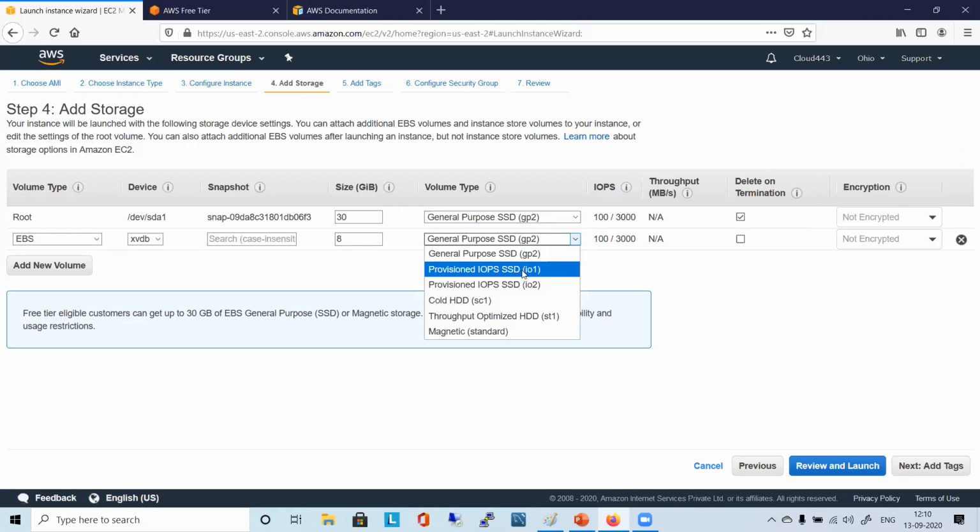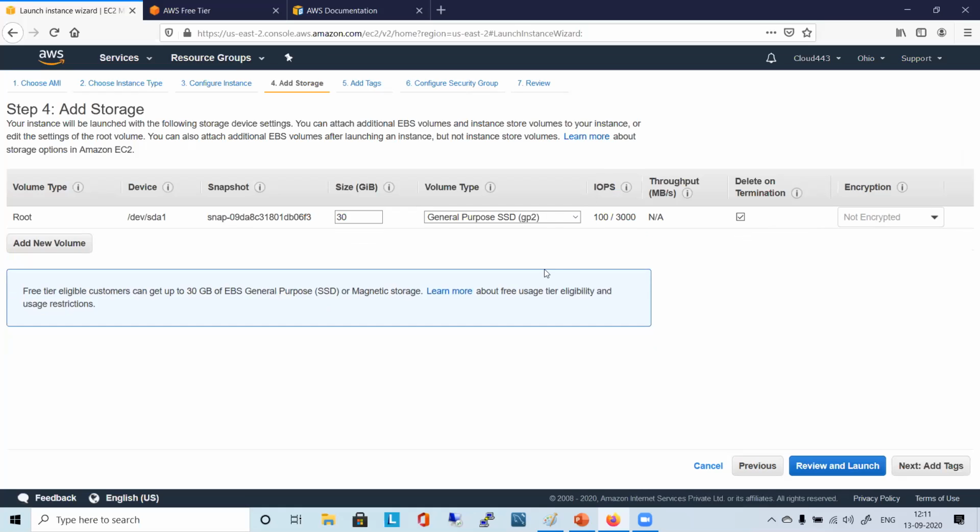I was telling you about additional types that have come: IO1, IO2, cold HDD, throughput, magnetic. Various types of options are there. For now, don't choose an additional one. I'm just showing you, and I will add additionally later, to the Linux instance also, which we will create. For now, just choose root, whatever option is coming: /dev/sda1, snapshot, 30 GB.